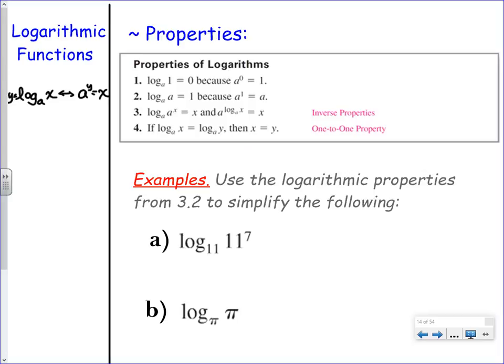But why? Well, because if you change it to exponential form, base to what is always 1? Any number to what is always 1? 0. That's a defined value that you guys have hopefully been studying for quite a while now. 2 to the 0, 8 to the 0, pi to the 0, 100 to the 0, anything to the 0 except for 0. That's weird. Anything besides 0 to the 0 is 1.